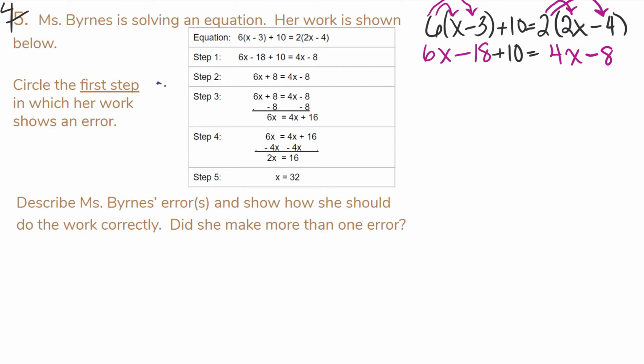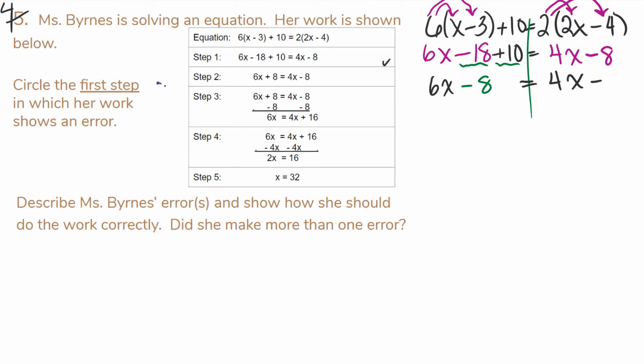Step 1, 6x minus 18 plus 10 is equal to 4x minus 8. So the first step is good. So now I'm going to start putting some like terms together. On the left side, I have negative 18. And I have positive 10. So when I put those together, I still have 6x, negative 18 and positive 10, different signs, subtract, so that's a negative 8,